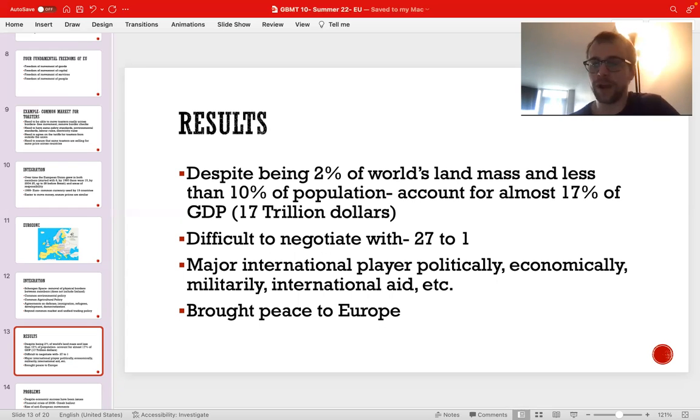Nonetheless, only one out of 27 member states have opted to leave the union since its inception, which is a sign of success, right? The EU is also a major player in world affairs. We can see this especially with what's happening right now in Ukraine, with the EU taking a key role. And the EU itself is becoming a major pole in what we could call an increasingly multipolar world, which